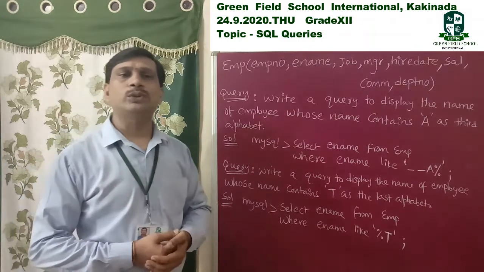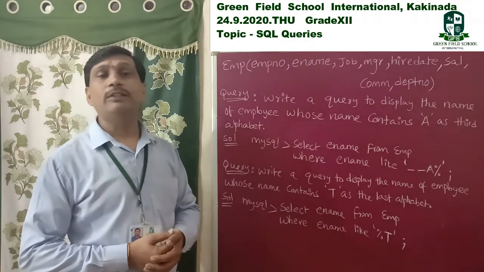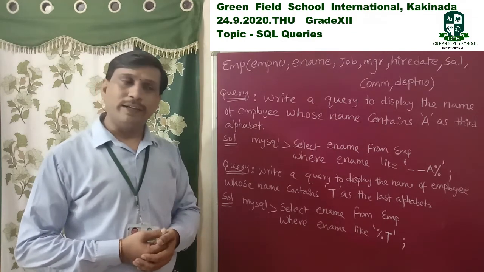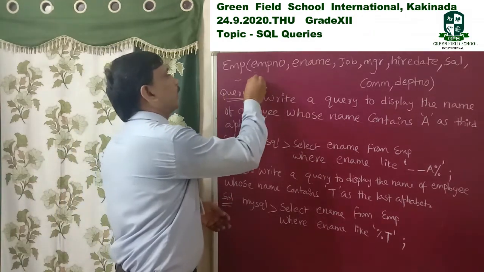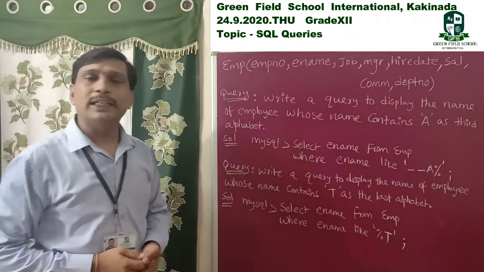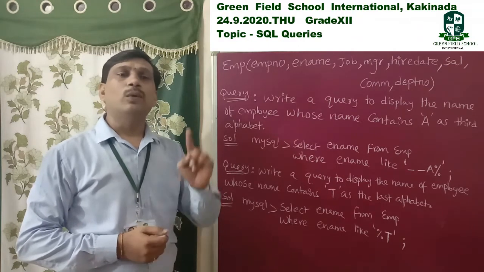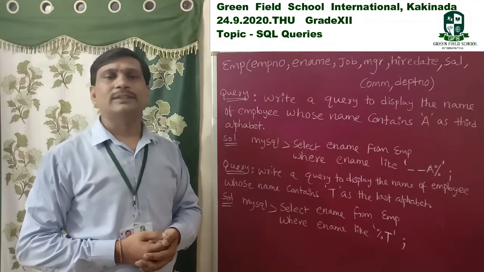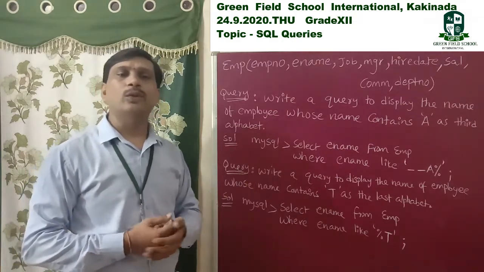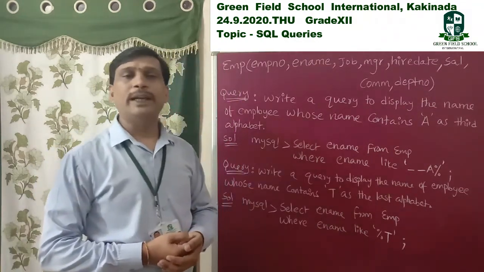So this belongs to SQL wildcard characters. Already I explained in one live class. Two wildcard characters are there: one is underscore, one is percentage symbol. Underscore means it replaces only a single character, when you are using percentage and underscore symbols in the where clause with the like operator.